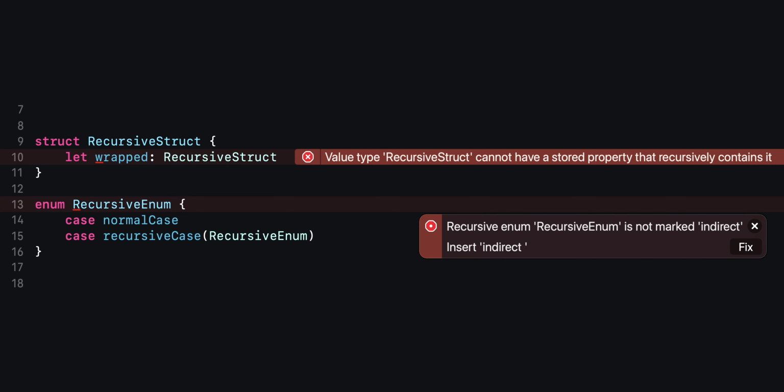Namely, each object stored on the stack must have a fixed size, and the size must be known beforehand. That is the reason why you can't have recursion inside value types. So declaring a struct like this wouldn't work, and neither would declaring an enum like that, unless you use the indirect enum trick I mentioned earlier. So you should keep this limitation in mind.